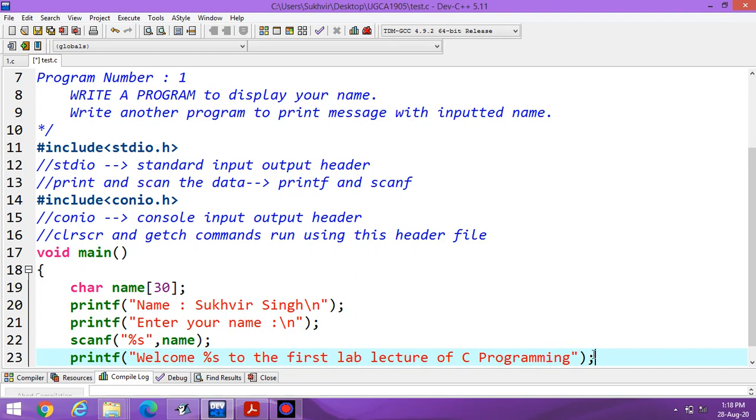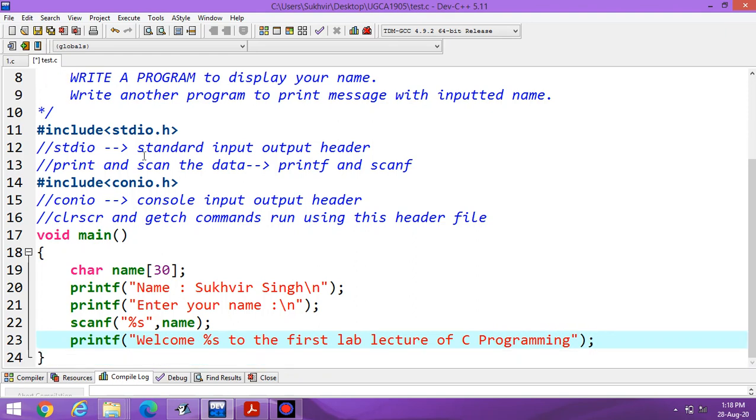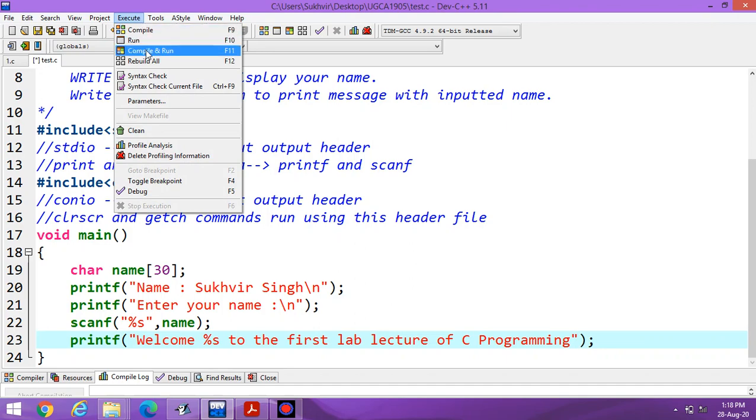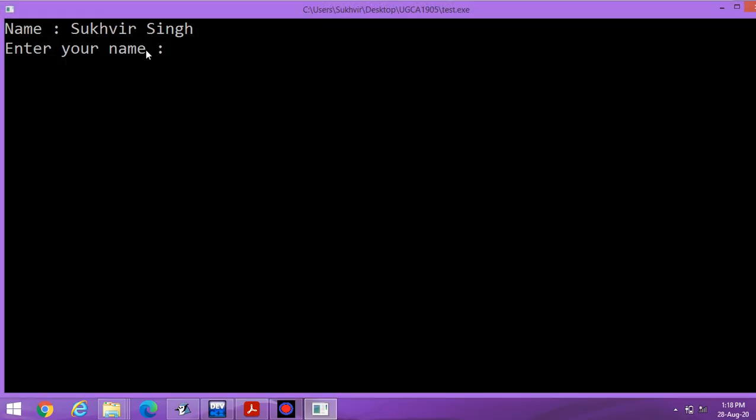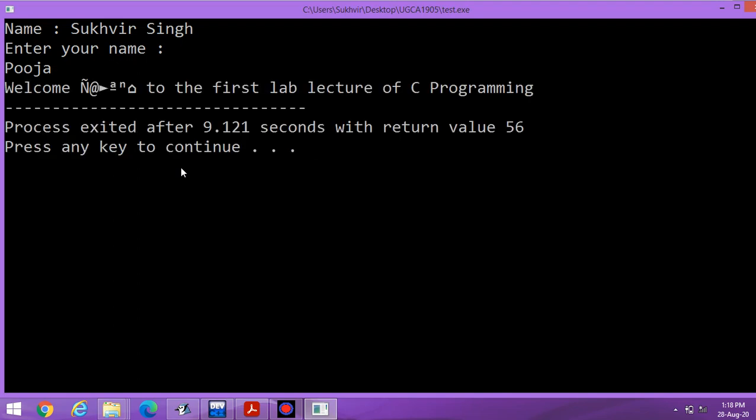You can display different messages. Let us check this one. Again execute, compile and run. Name Sukhveer Singh. Enter your name. Suppose I write the name Pooja. Welcome to the first lab lecture of C programming. Let us check the error.